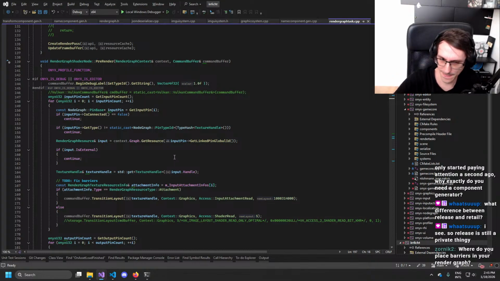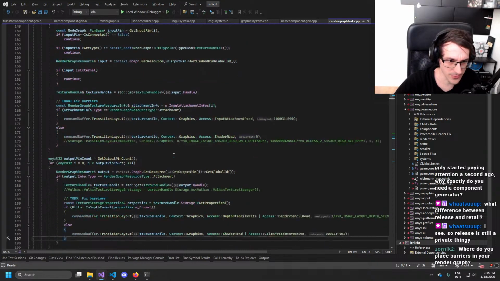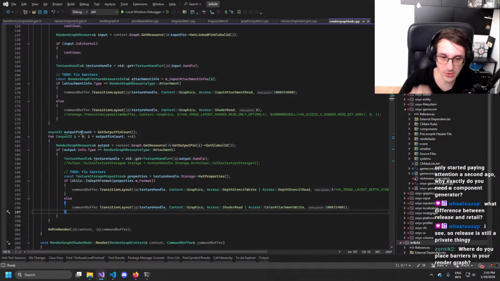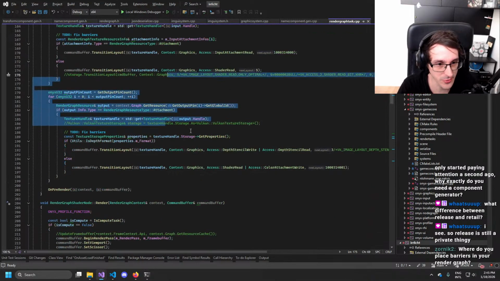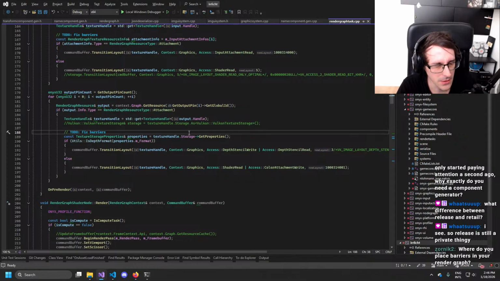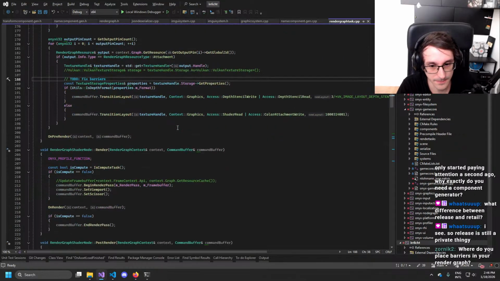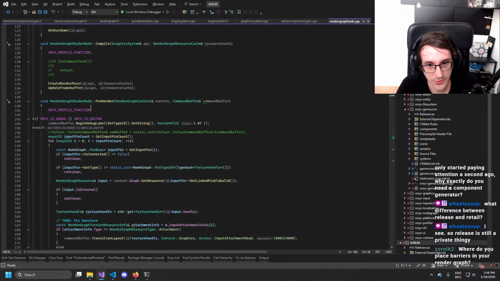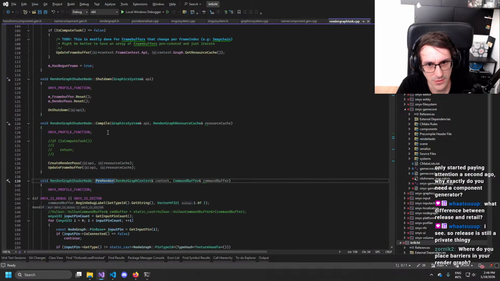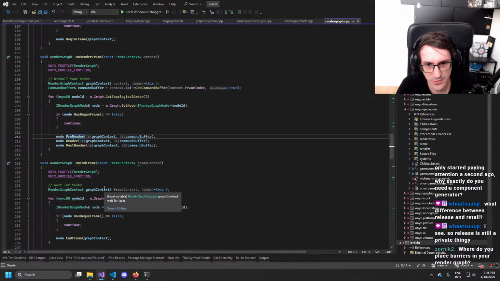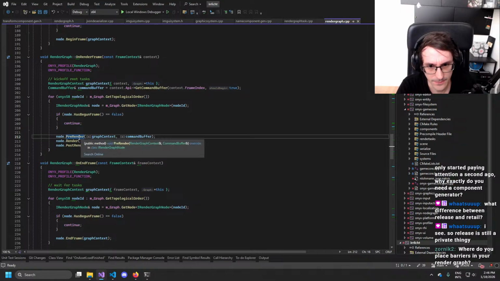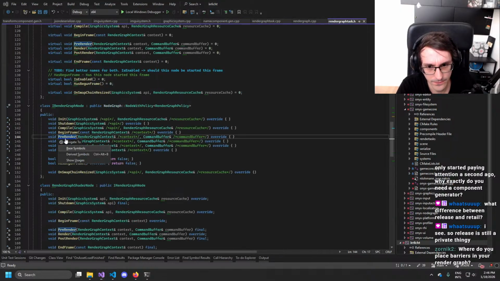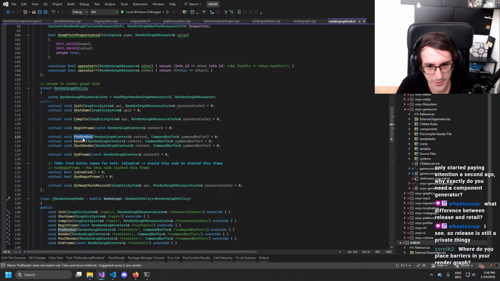But to be honest, it doesn't work 100% yet. So I need to go back there because I have some validation errors with this. I think it doesn't work if it's, either we are not calling it or it's wrong for compute shaders, which I still need to figure out what to do there.